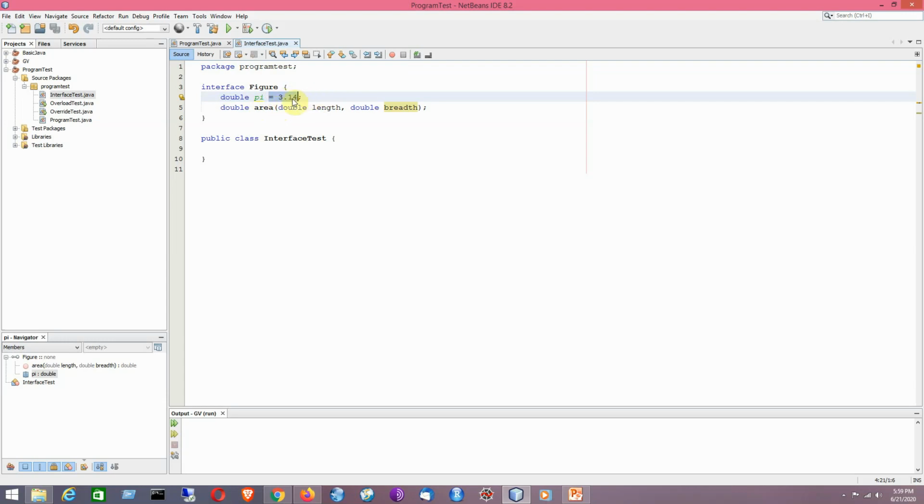That we will see later whenever I will be having the main method from where I will be calling this particular variable. So this is the example of a public, static, final field. And next comes an abstract method, though you don't have to specify the abstract keyword here, and it is by default public also. So the interface fields are by default public, static and final, and the interface methods are by default public and abstract.